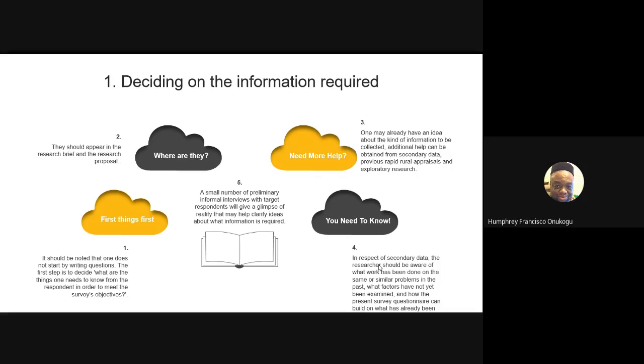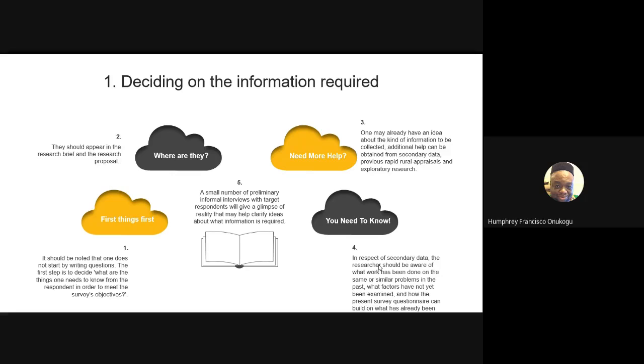And if you need more help, one may already have an idea about the kind of information to be collected. Additional help can be obtained from secondary data, previous rapid rural appraisals and others. If you already know what you need and have come up with an idea of the kind of things you need before developing yours, secondary data from previous work by other researchers can also help. Also, in respect of secondary data, the researcher should be aware of what work